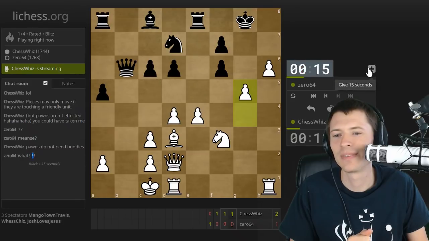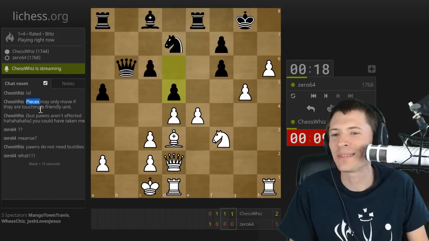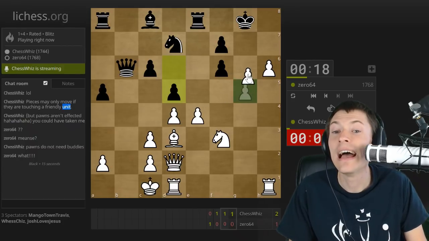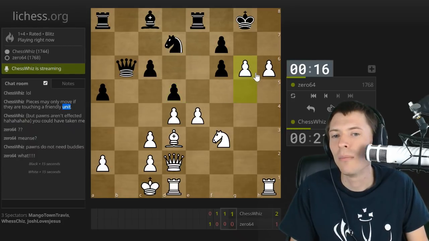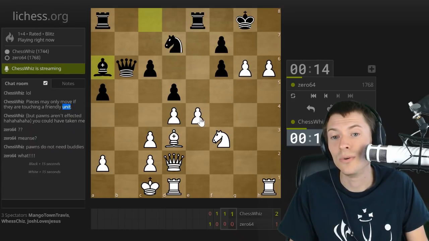So let's give him time. Yeah, I would feel bad if he ran out of time right now. Because only pieces... ChessWhiz knows that pawns are not pieces. That's why it says unit over here. See how it doesn't say friendly pieces. It says friendly units, which sounds dumb, but that's because it's pawns, pieces, pawns. You got it? Okay. So why did I do that? It's a brilliant maneuver, and its purpose is to...